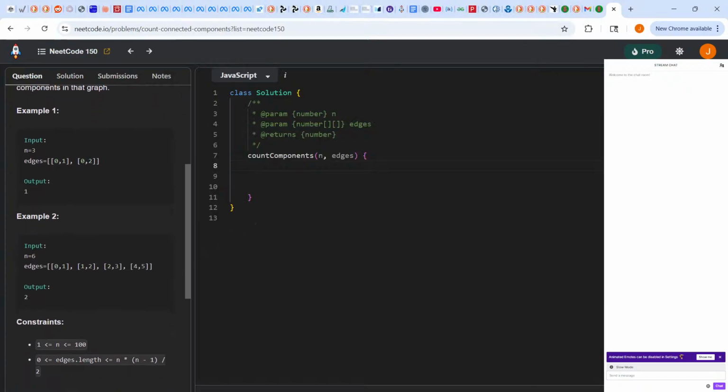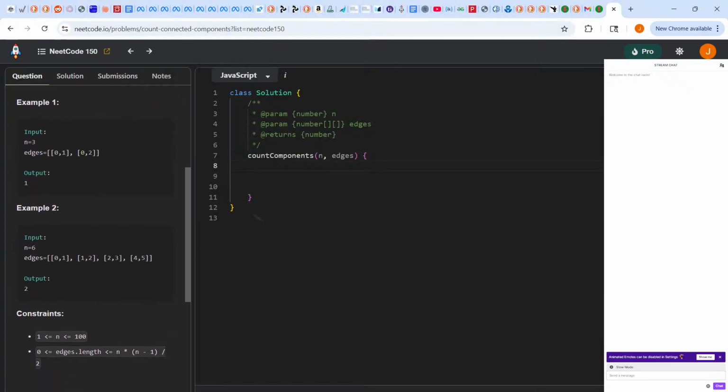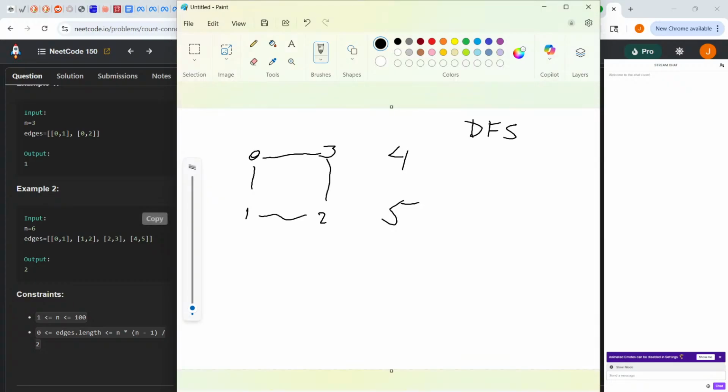The next thing, let's plan for how we're gonna solve this problem. We're gonna need a counter, which is gonna return at the end for how many shapes we get through. Another thing we're gonna need